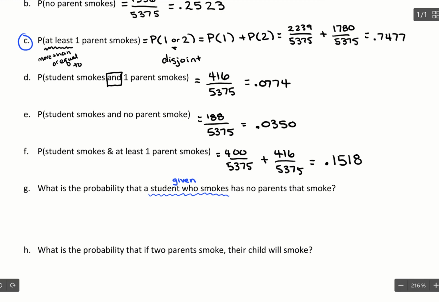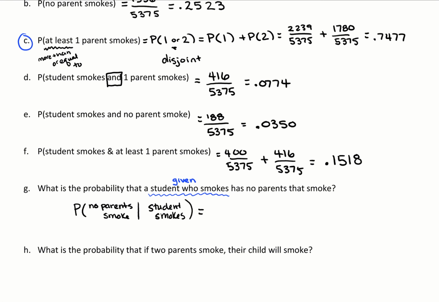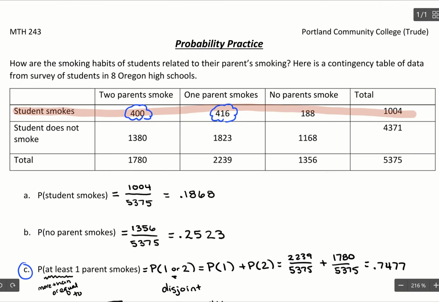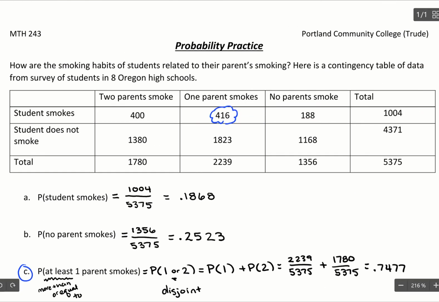So this is going to be a conditional probability, and it's looking for the probability that no parents smoke given the student smokes. So in the numerator, we want the number of students that have no parents that smoke, but intersecting with the students that do smoke. So what we're looking at here is we know we're in this category of students that smoke,